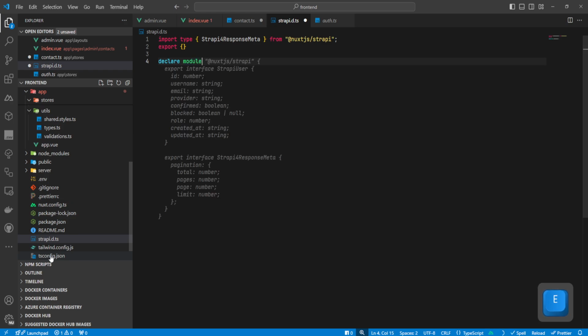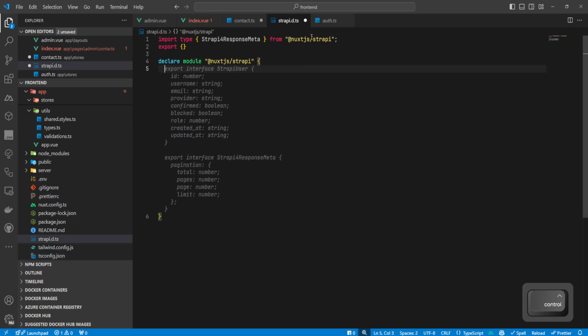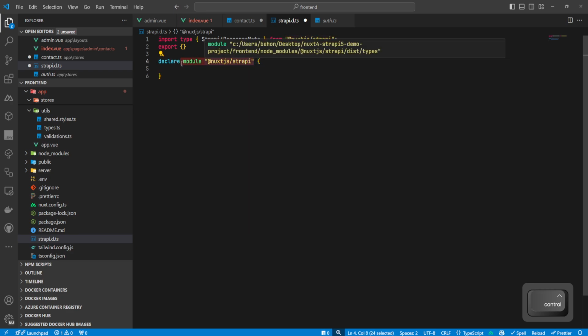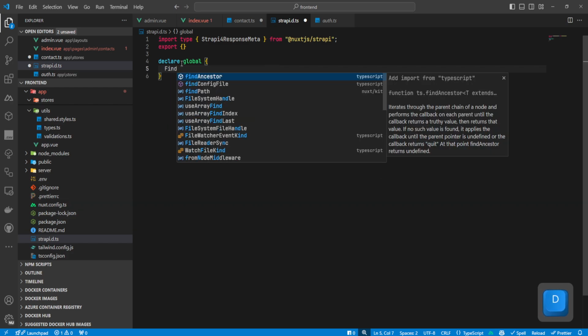module, and I think it's the Nuxt Strapi module that I want to override something on. Let me see. No, I'm going to declare global because I'm creating my own types. So one call find